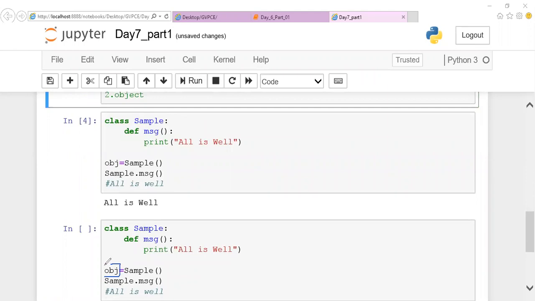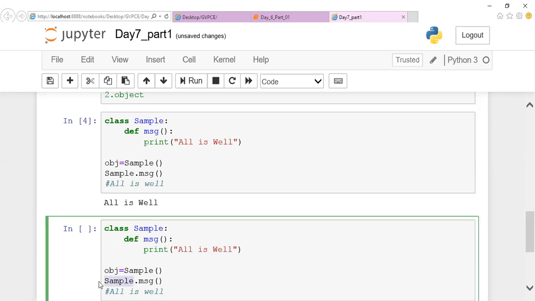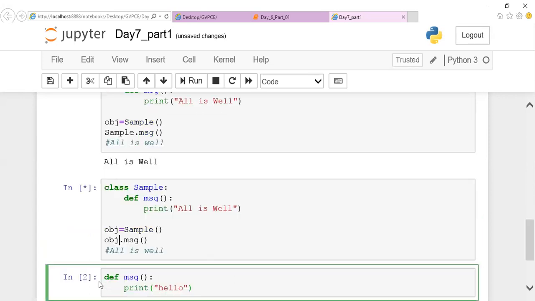So what I have told you is we can execute this particular class in two ways. Your first approach is by using the class name. In the second approach, the same class is going to be executed by using the object of the class. Now, if I mention obj instead of the class name, obj dot message, let me try to execute it and look at what you are getting.